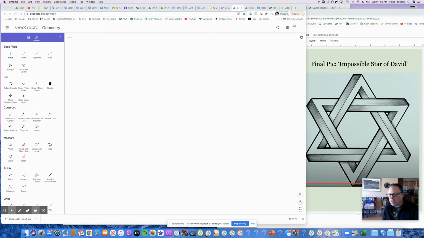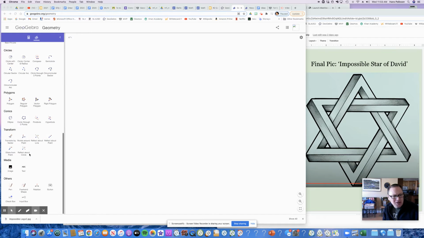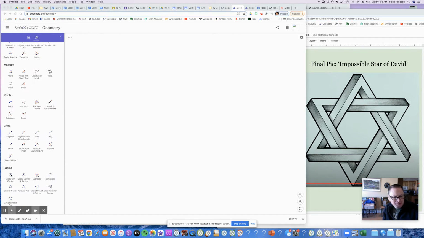We're gonna make the Impossible Star of David. As the video says, we start by making the impossible triangle right here. And the way you make an impossible triangle is you need to start with a circle with a center. So I'm going to put that circle right here in the middle of my screen,